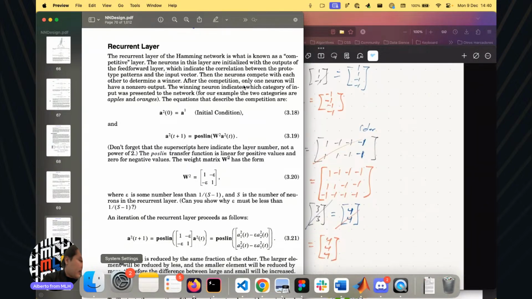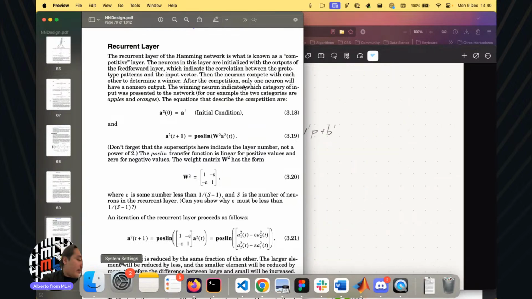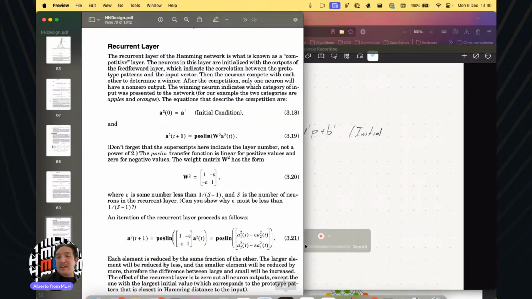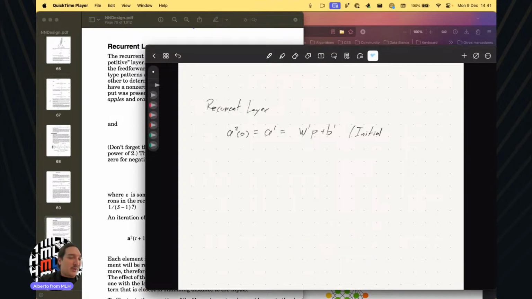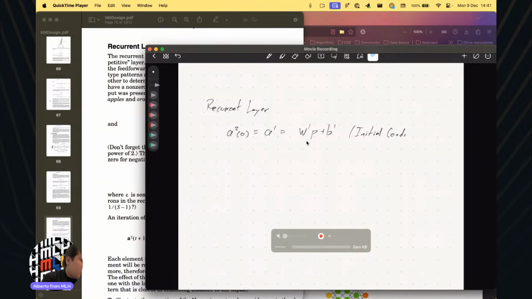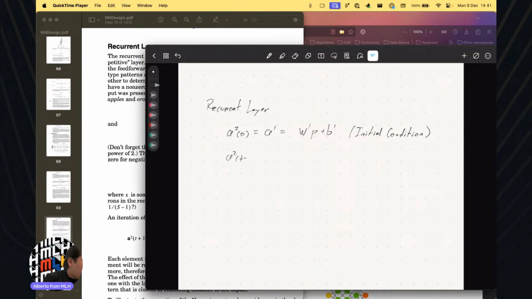Here, remember, biases are different. And this is called the initial condition. Then A2 of t plus 1 is going to be